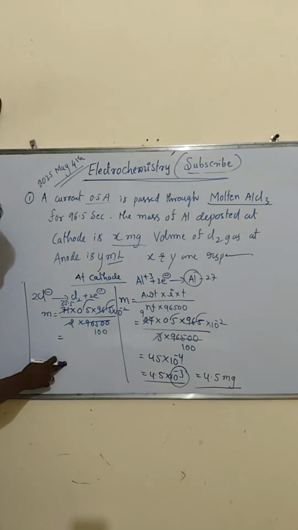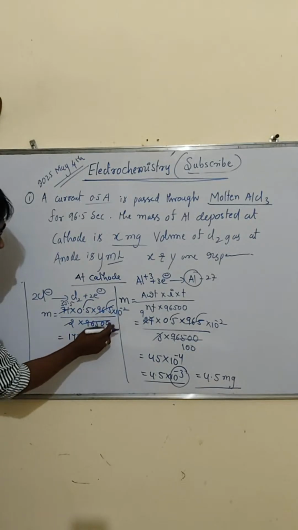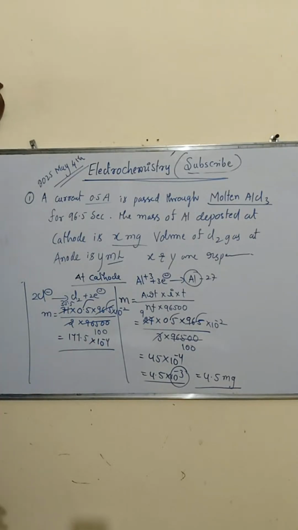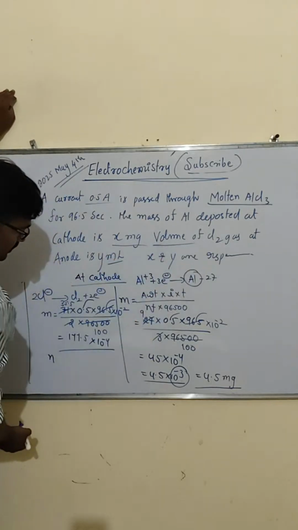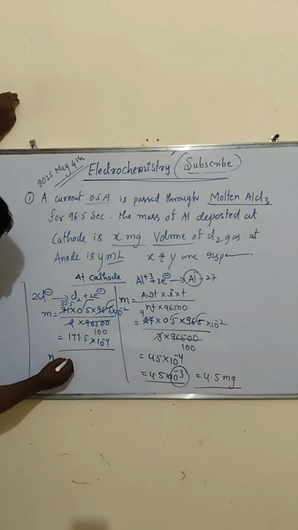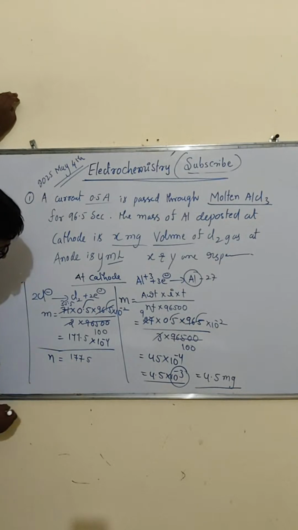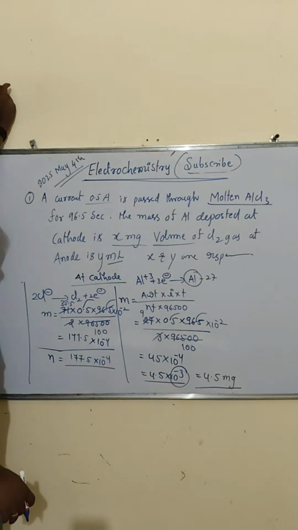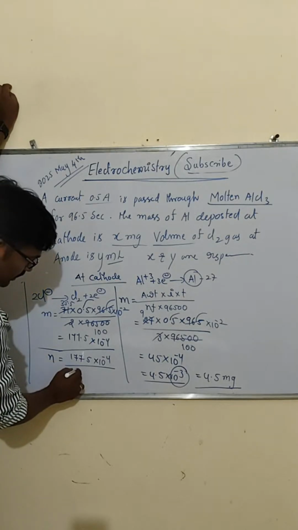Then look at, so 35.5, when it is multiplied with 5, we get 177.5 into 10 to the power of minus 2. When it goes up, it is 10 to the power of minus 4. So these are the weights. But we have to convert into the number of moles because they're asking in terms of volume. So when converting to number of moles, 177.5 into 10 to the power of minus 4 divided by what you have to take,